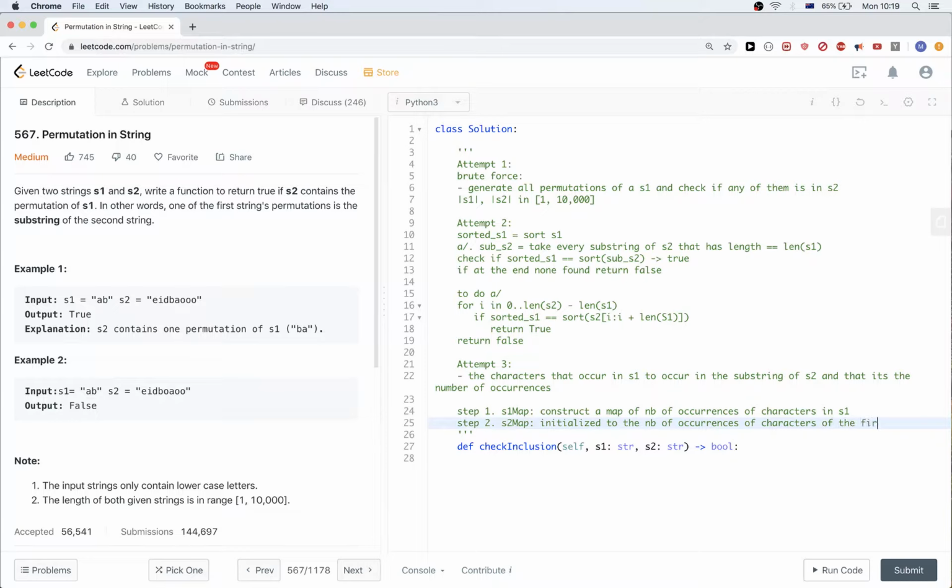of the first, let's call n the length of S1, the first n characters of S2, right? So that way we can start comparing, and then after that we can just go through S2, and every time check, go through S2 by substrings of length n, because we are trying to match with S1, and check if the map corresponding to that substring